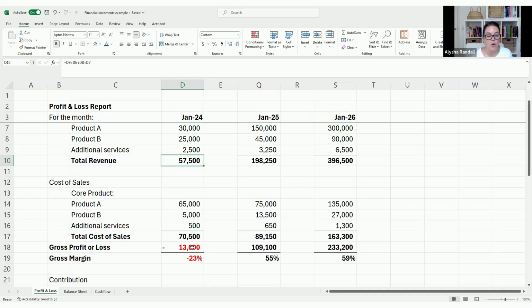And so the thing that you're interested in really is your gross margin. So for every pound or dollar that you're earning, how much do you have to spend? How much do you have to give away straight away just to deliver that product or service? And how much do you retain? So in this example, you're obviously making a loss, and then you get to a more reasonable gross margin,